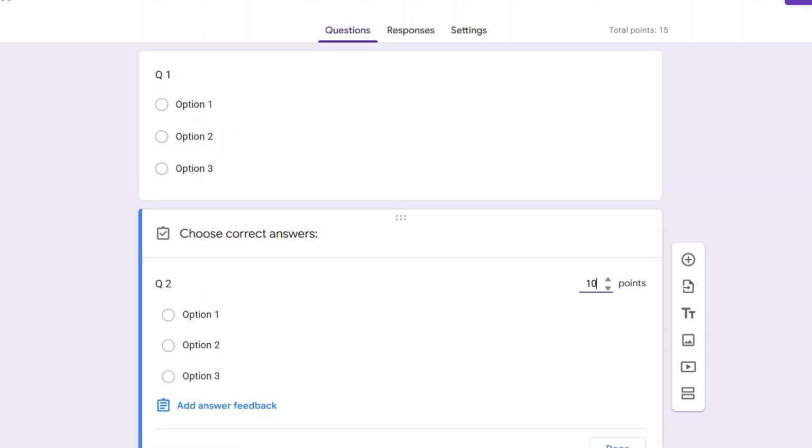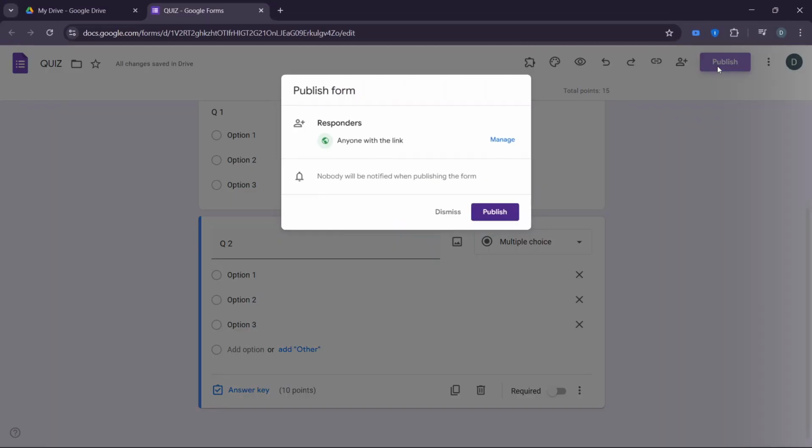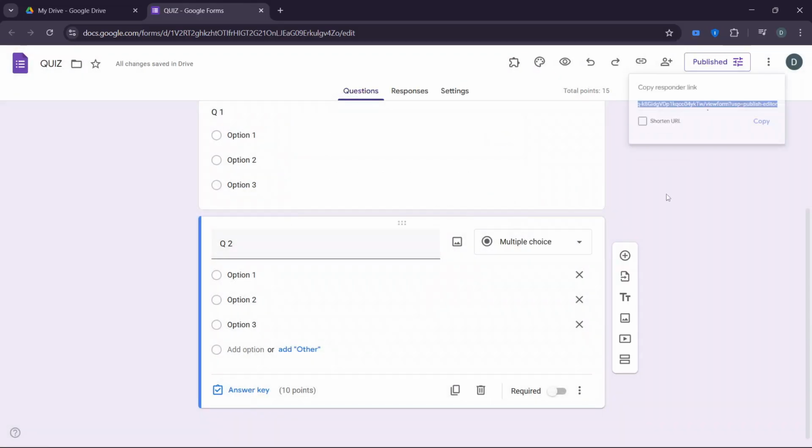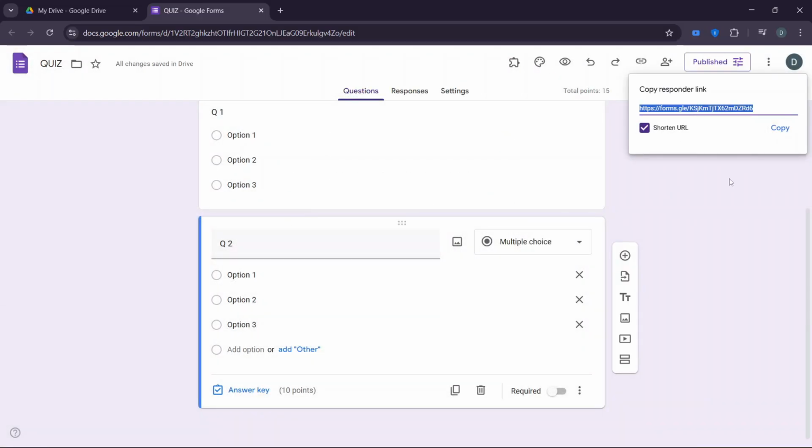Once everything is ready, click Publish to make your quiz live, and then use the provided share link to distribute it to your students or participants. And that's it. By following these steps, you'll be able to create a fully functional, professional quiz in Google Forms